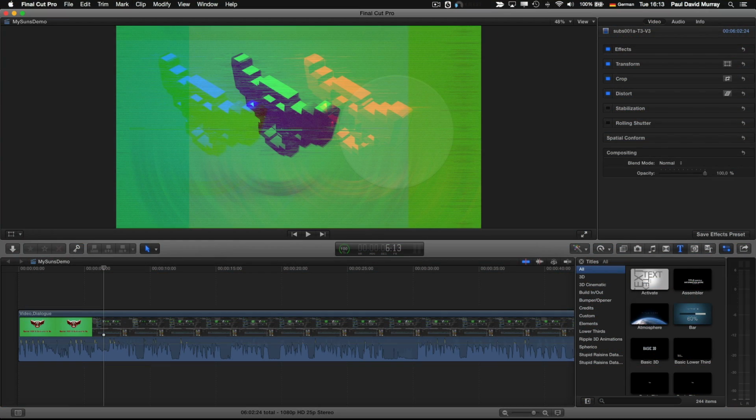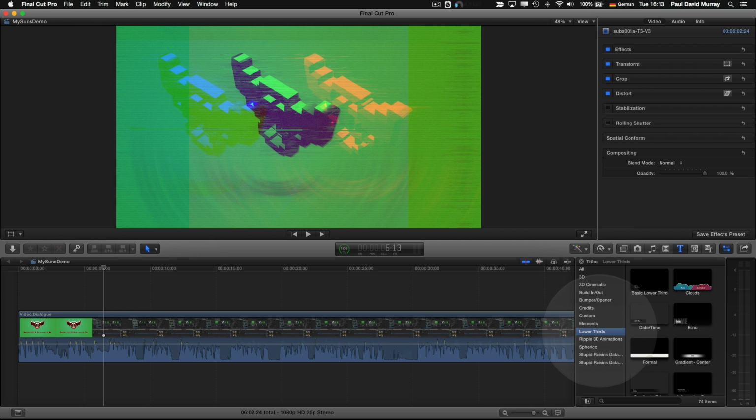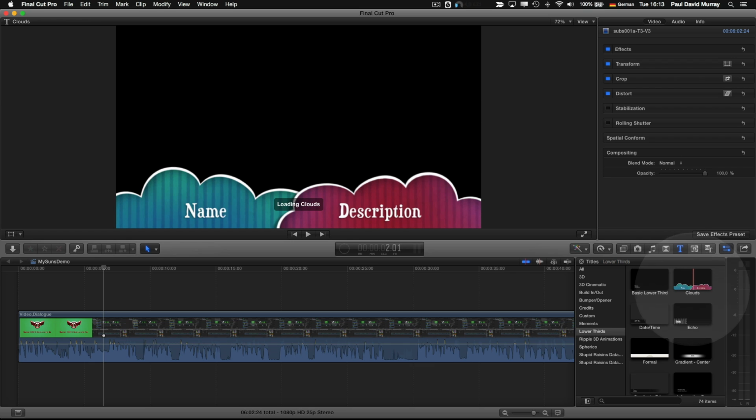I want to look at taking a standard title, opening it in Motion, tweaking it there and saving it as a template in Final Cut. So if I don't have it open already, I want to have my titles browser open here on the bottom right hand corner, T for title, and I'm going to come down here into the title section all. I'm going to burrow down here into the lower thirds